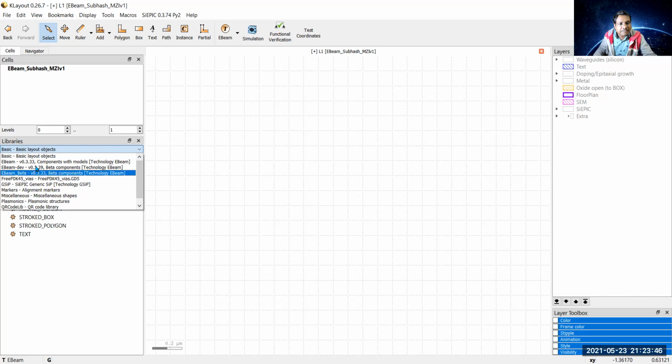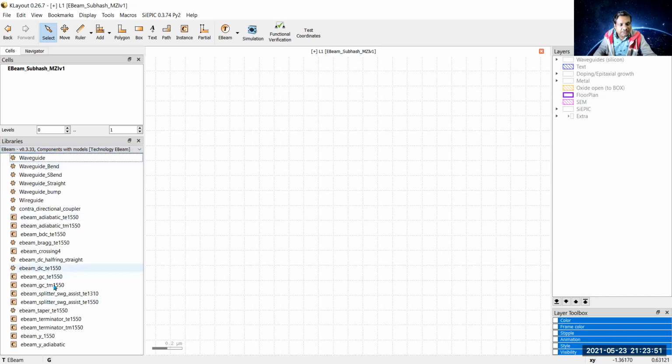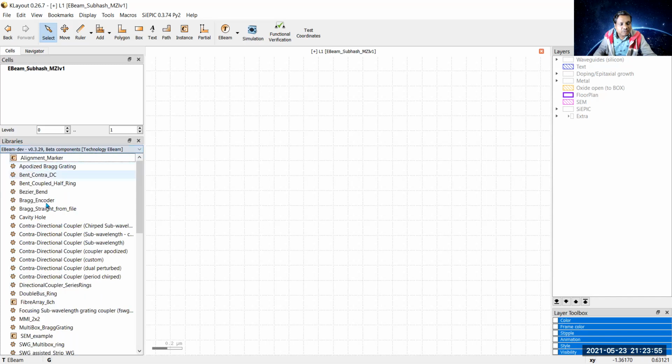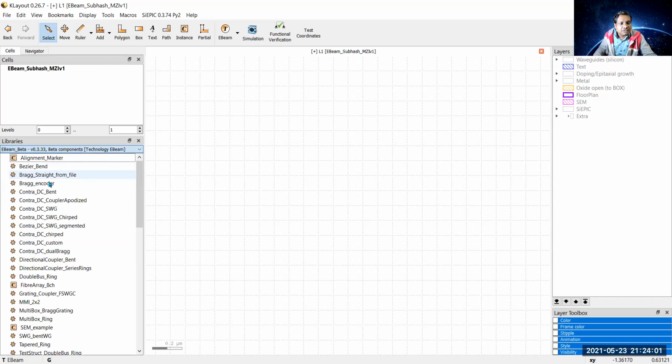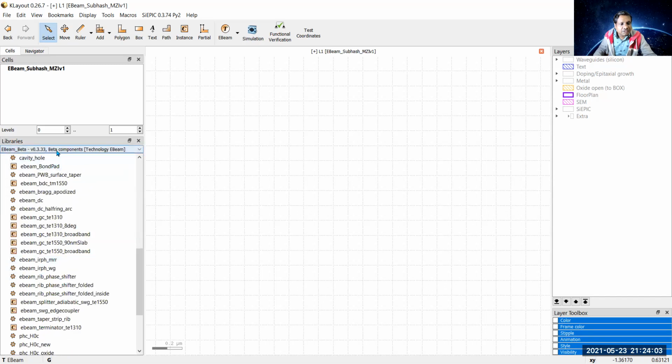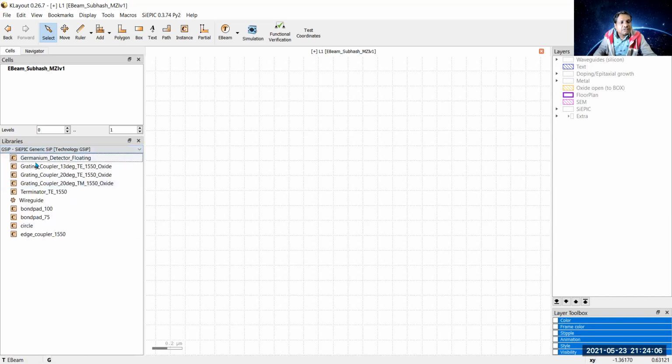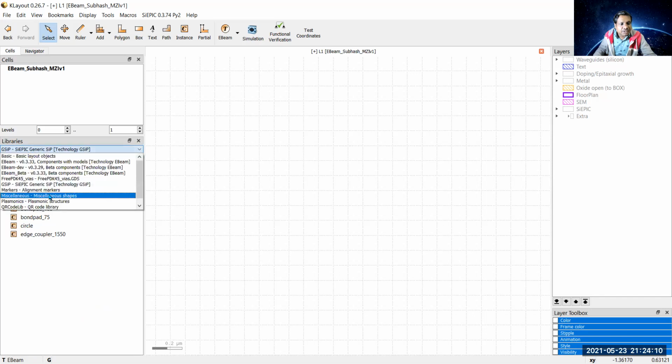These are the different libraries. Under Basic, in this EBeam, there are different optical components. Then some more advanced components are there in the beta technology. Then this is another, and this is SiEPIC's generic, and so on.